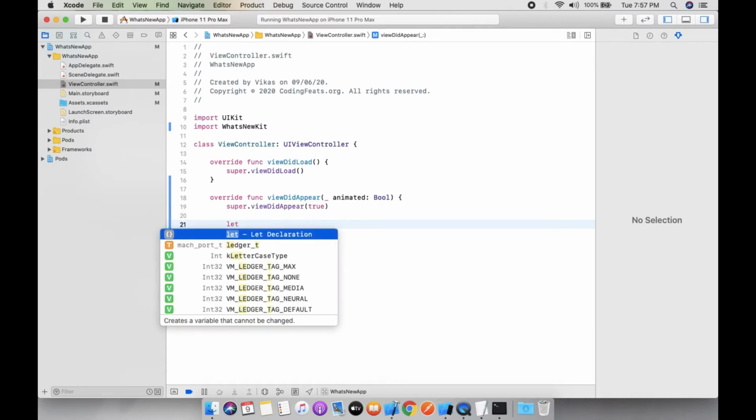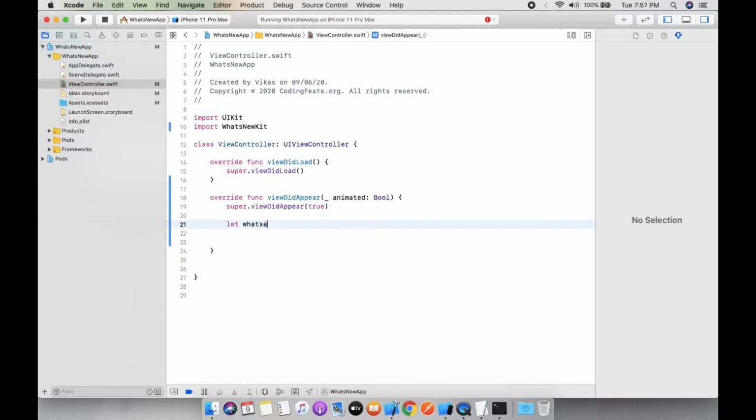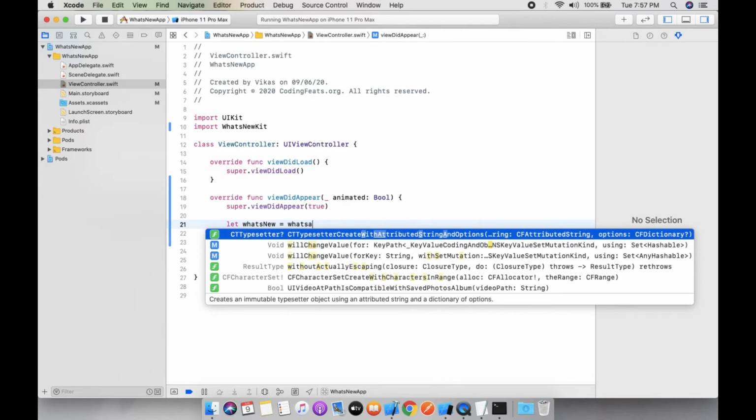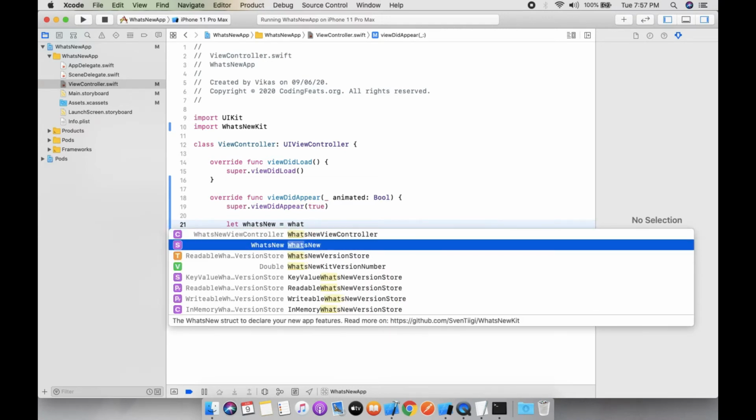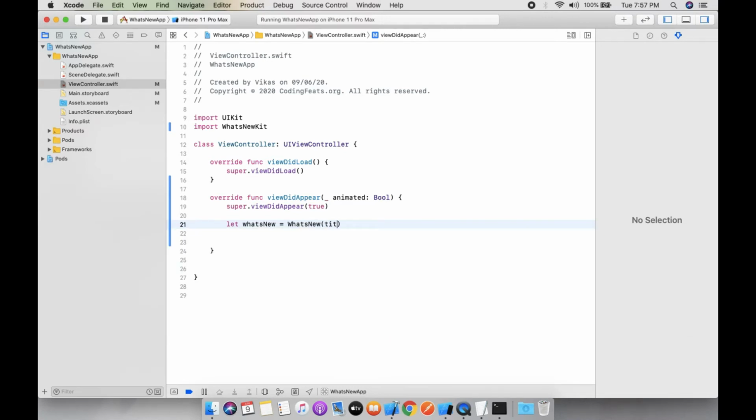Let's create a variable named whatsNew equals WhatsNew, and the title is What's New in Application, and the items.